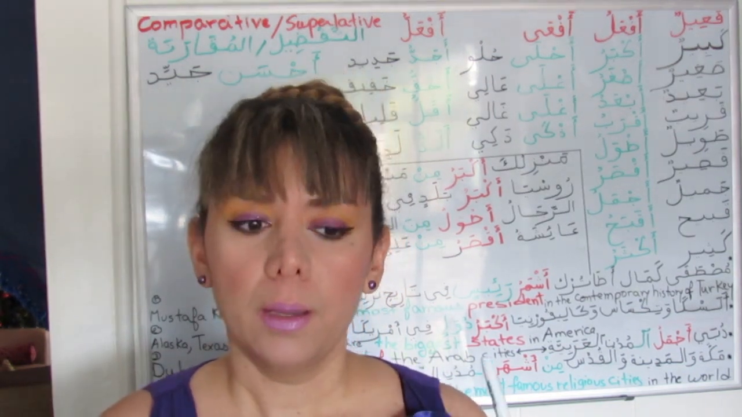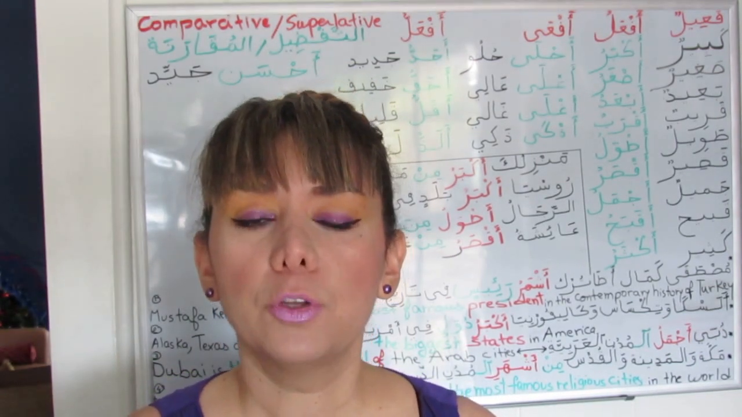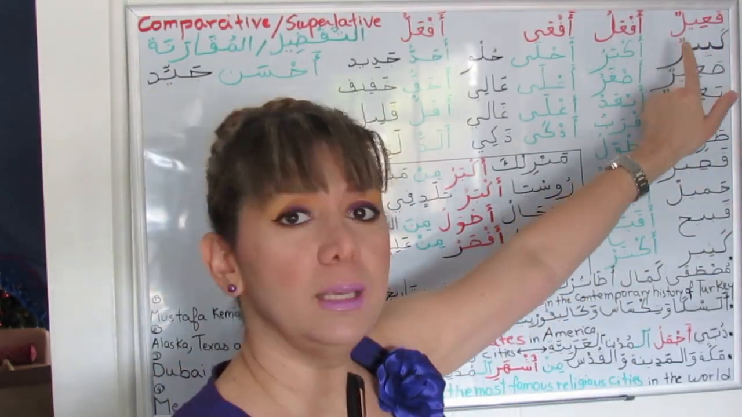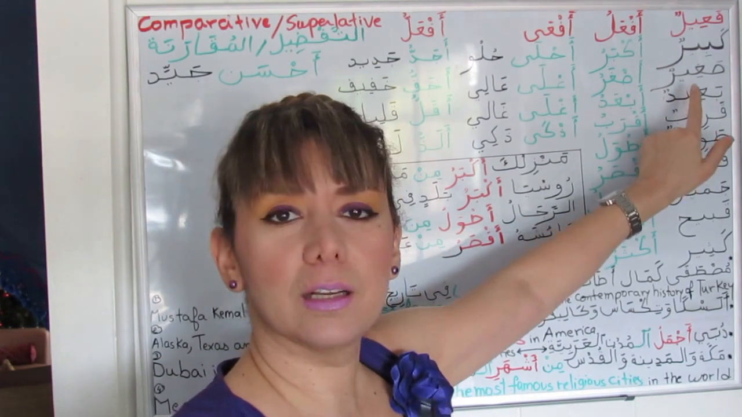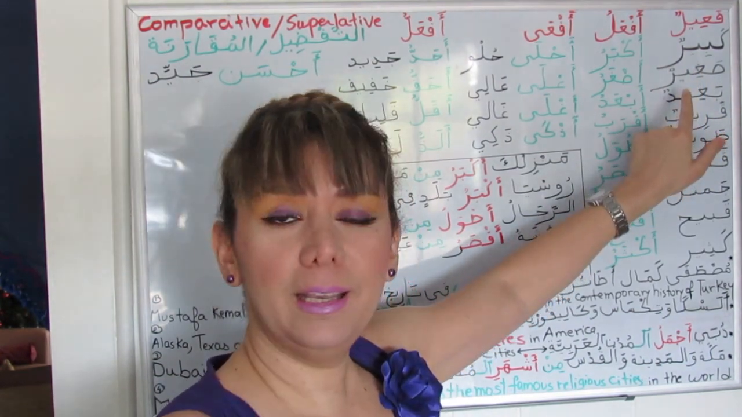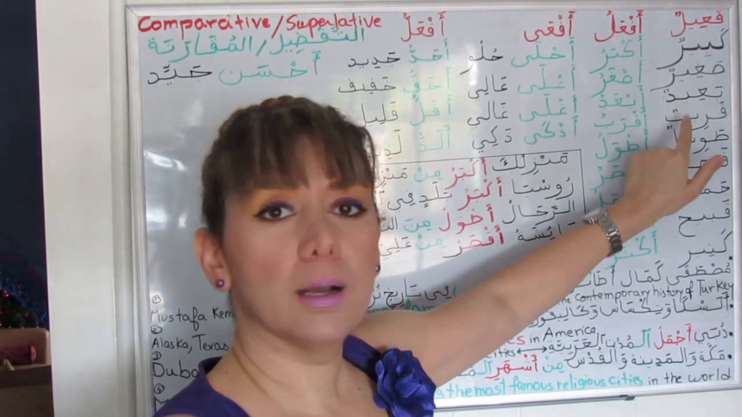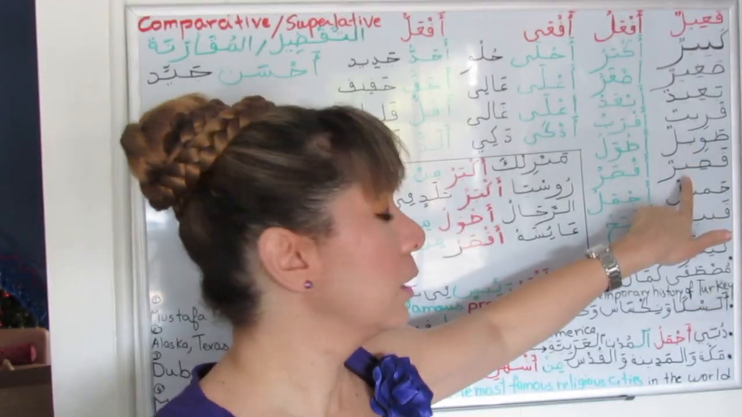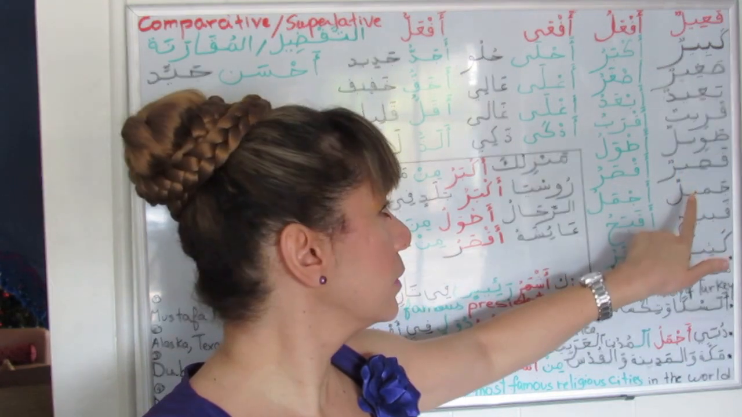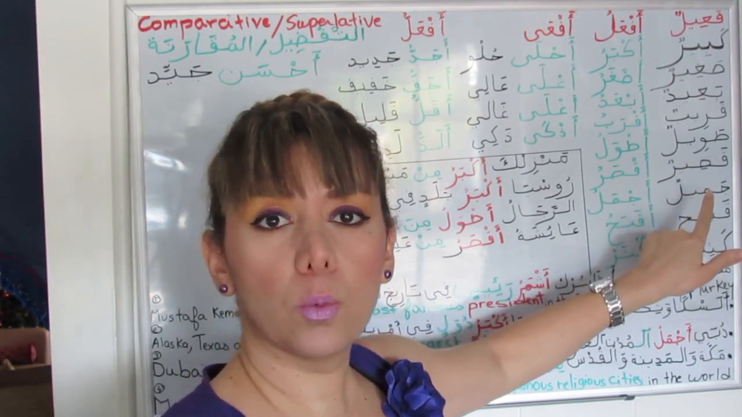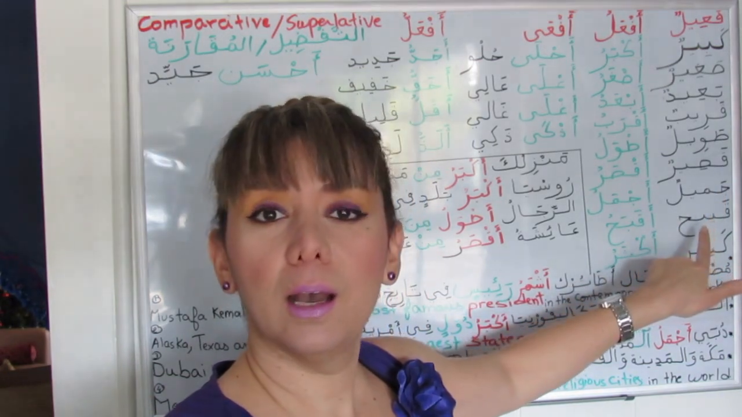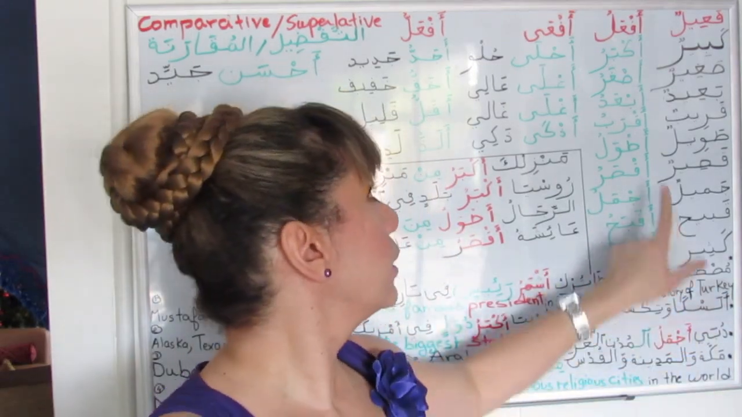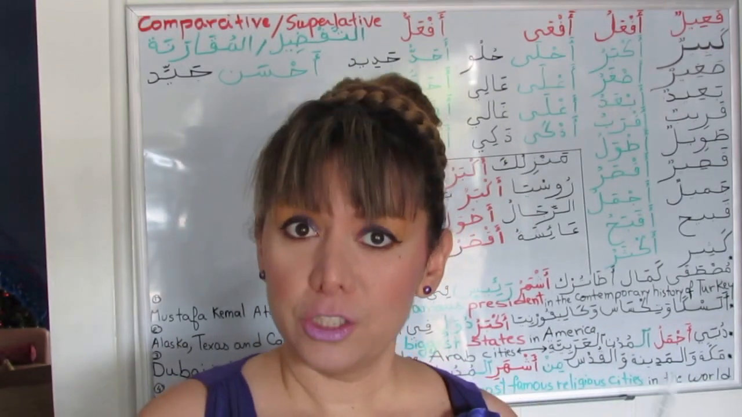As you may notice, many Arabic adjectives have the فعيل pattern, such as كبير big, صغير small, بعيد far, قريب near, طويل tall, قصير short, جميل beautiful or pretty, قبيح ugly, كثير more, a lot, sorry. So, for these adjectives,